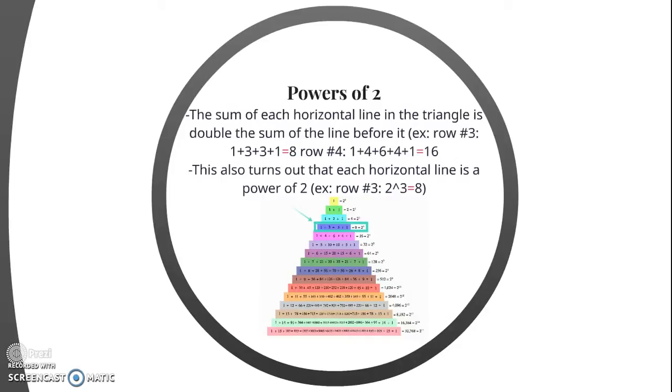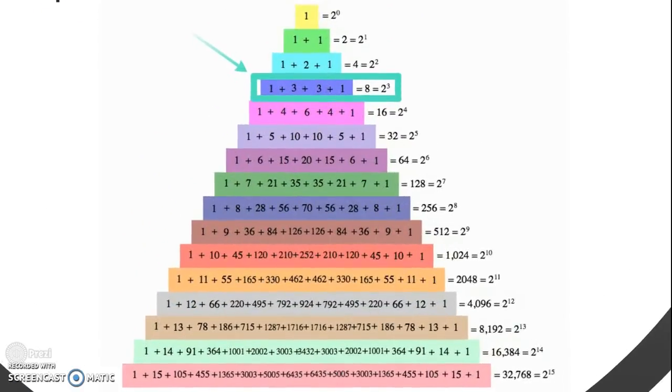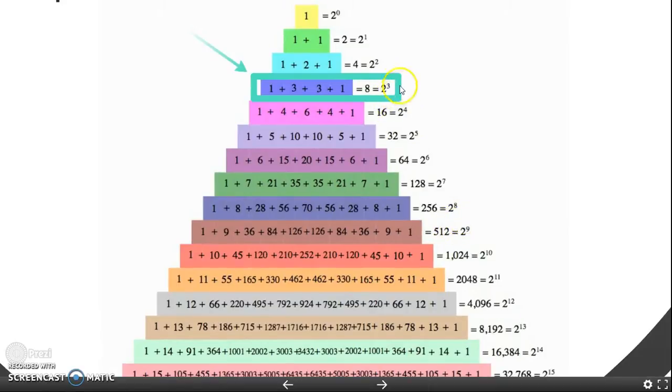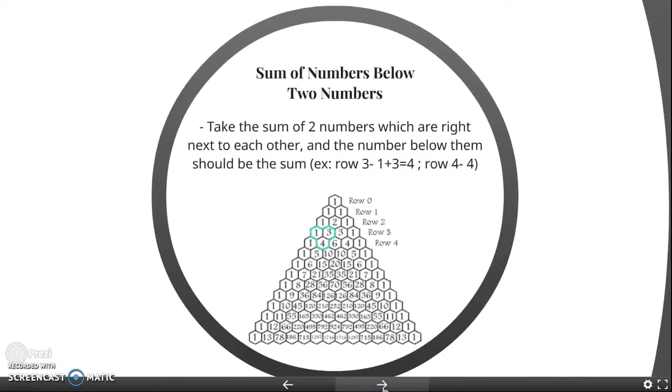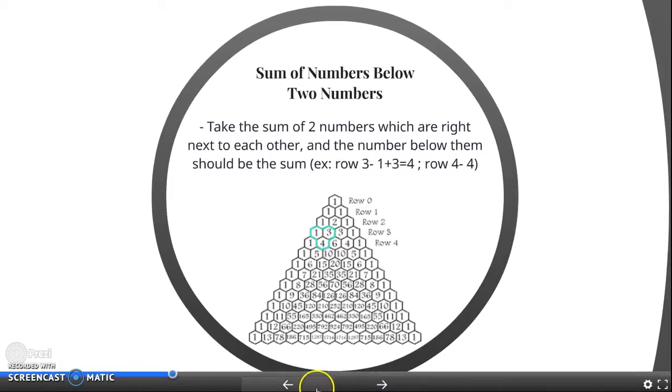This also turns out that each horizontal line is a power of 2, starting with the first line as line 0, which can be seen in this picture right here. And it makes sense that all of them would be double each other because you're multiplying by 2 again, so 16 and 32 and so on and so forth. Right, and as we go along, with many of the patterns we'll be starting with row 0 being the first number